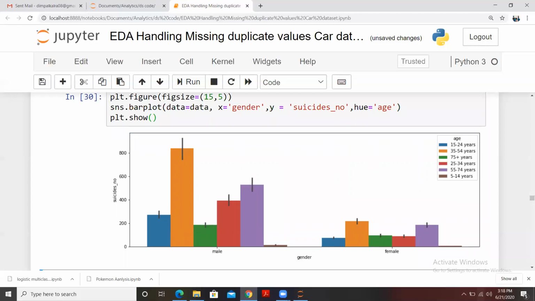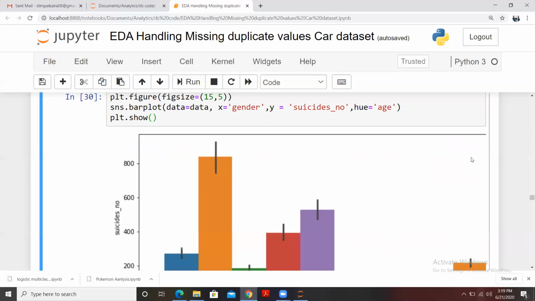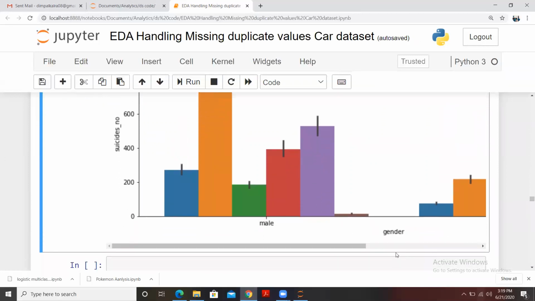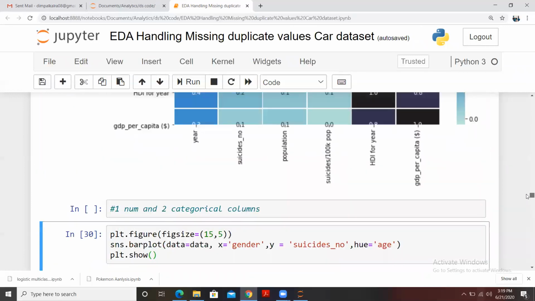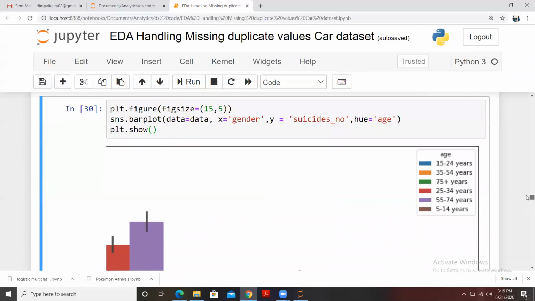So here you can see that males are doing more suicides comparatively to the females. And what is the age group that is more into suicide for this male category? So we can see that orange one. So orange one in which category? This is the 35 to 54 that you can see here. Orange color represents 35 to 54 years.